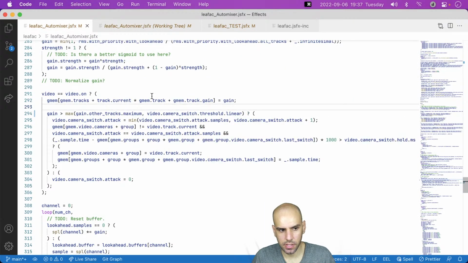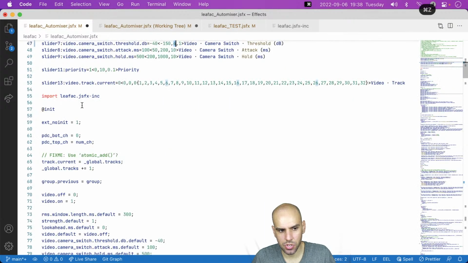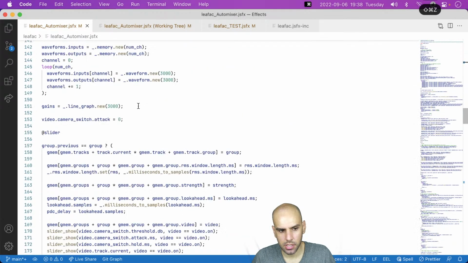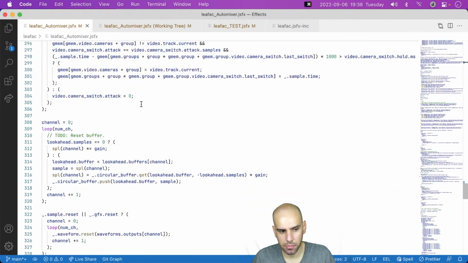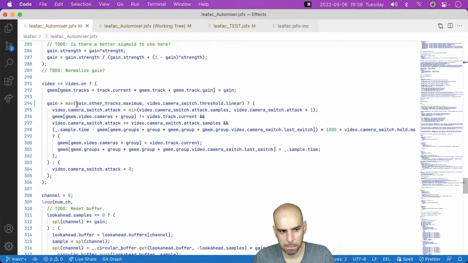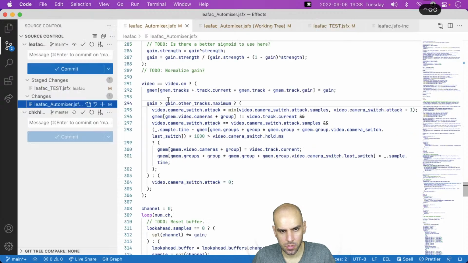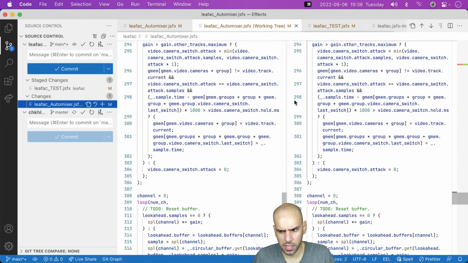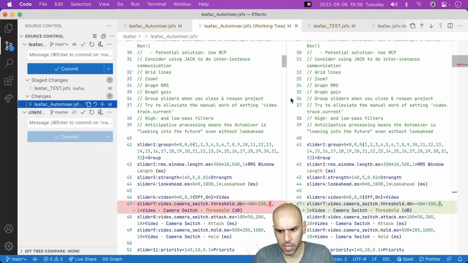And because of that, this max approach will not really work. Let's revert to our previous approach. So with that, we have no changes to the file. Well, we do have the range that we changed.